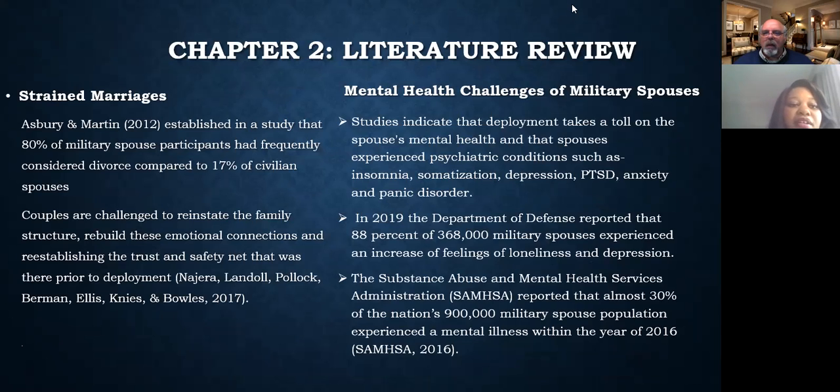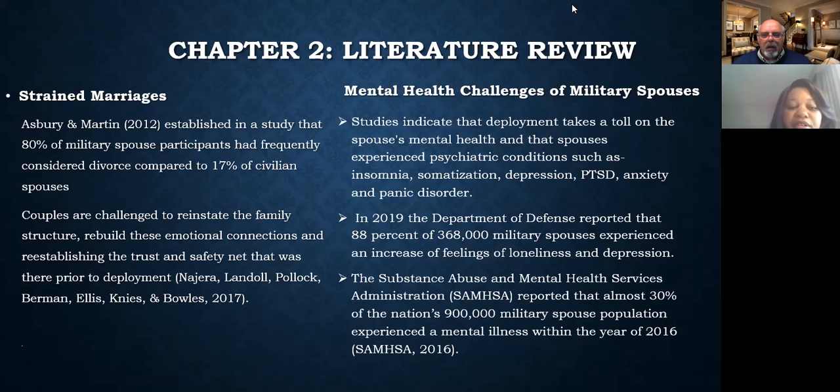So in these studies, for the military spouses, the studies also show that 80% of these spouses have considered divorce compared to 70% of the civilian spouses. So not only are they having these effects on their health, their marriages and relationships are also being strained. Couples are challenged to reinstate the family structure, rebuild emotional connection, and also reestablish trust and safety that was there